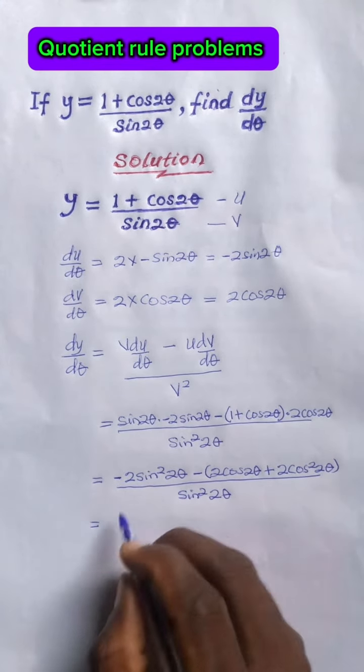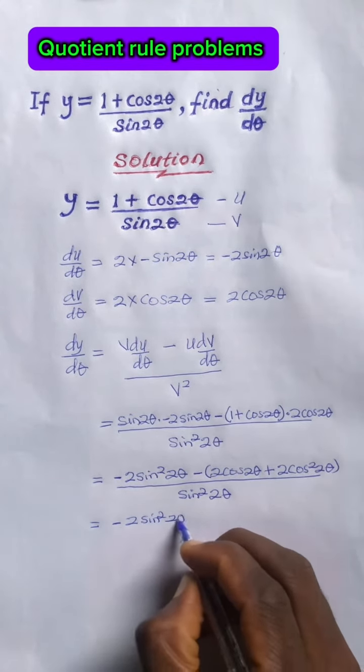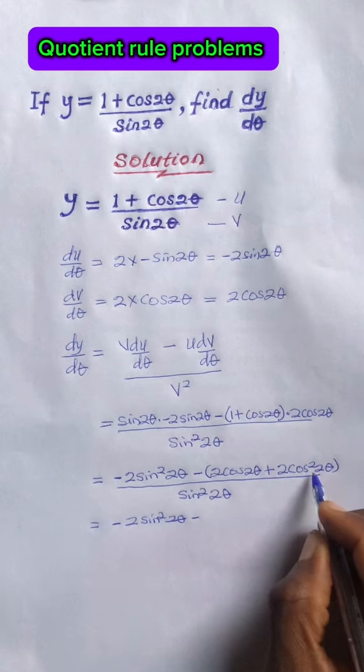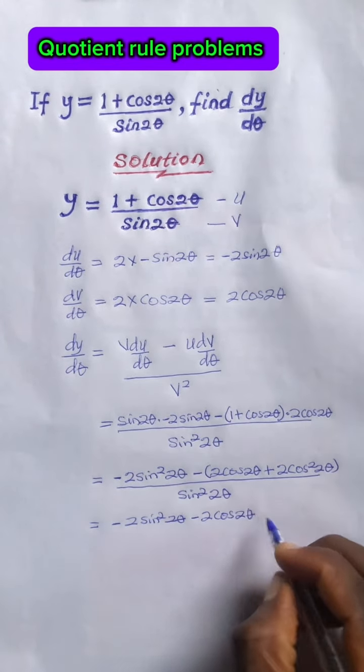So we now have this, minus 2 sine squared 2 theta minus, as we expand the bracket with the negative sign, 2 cos 2 theta minus